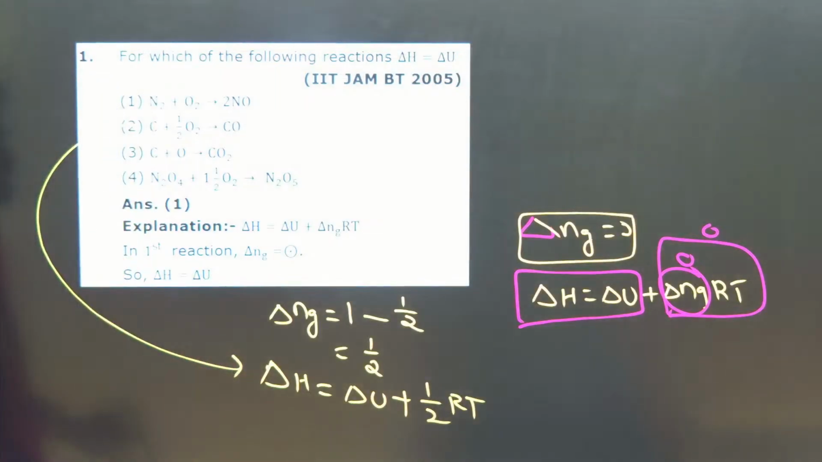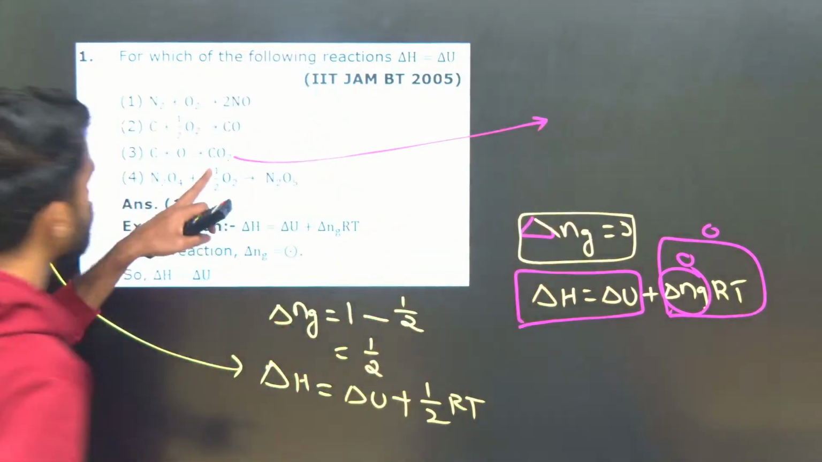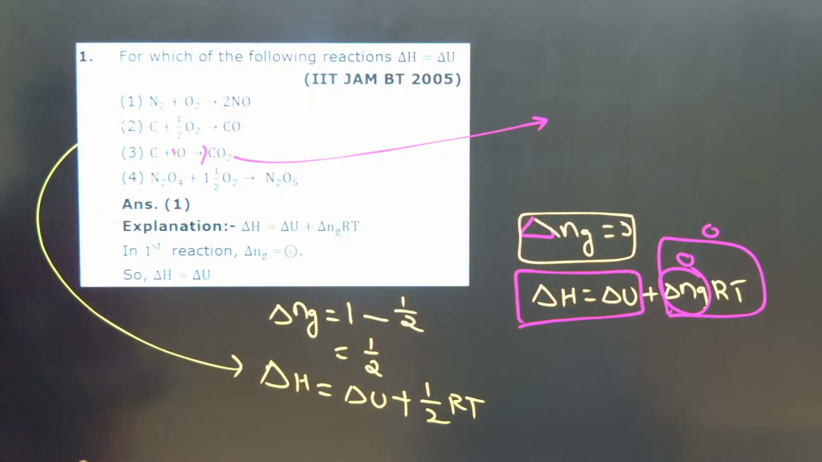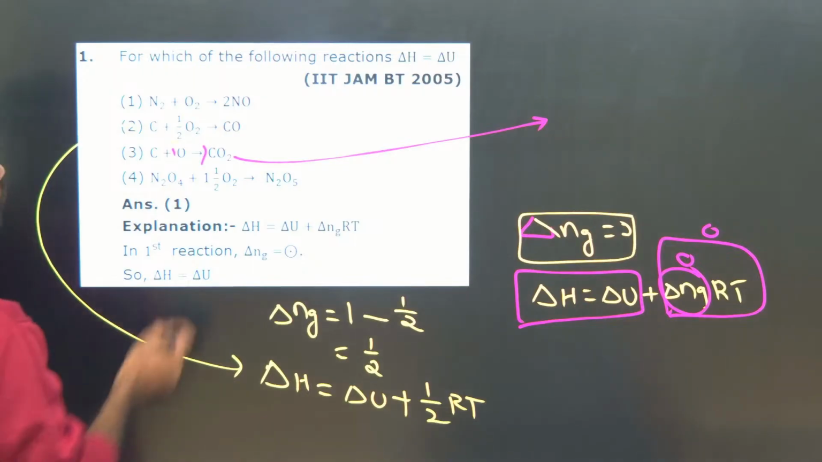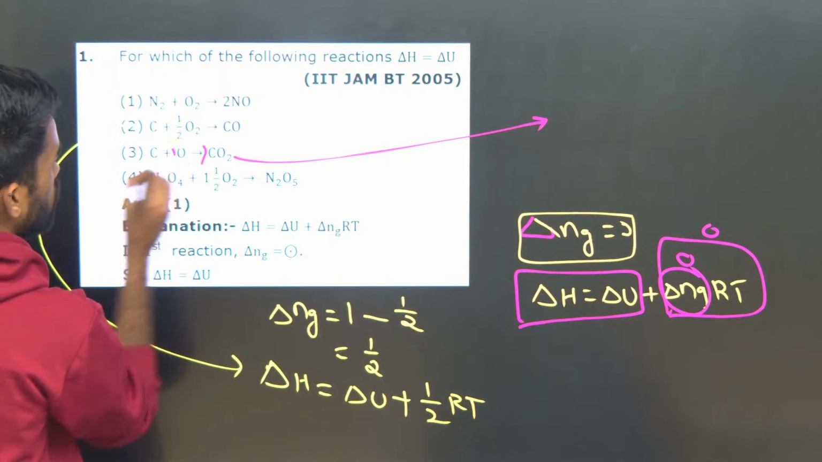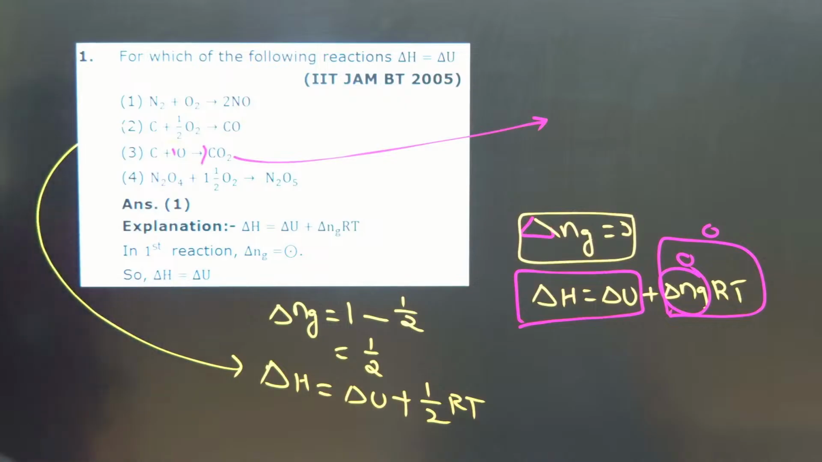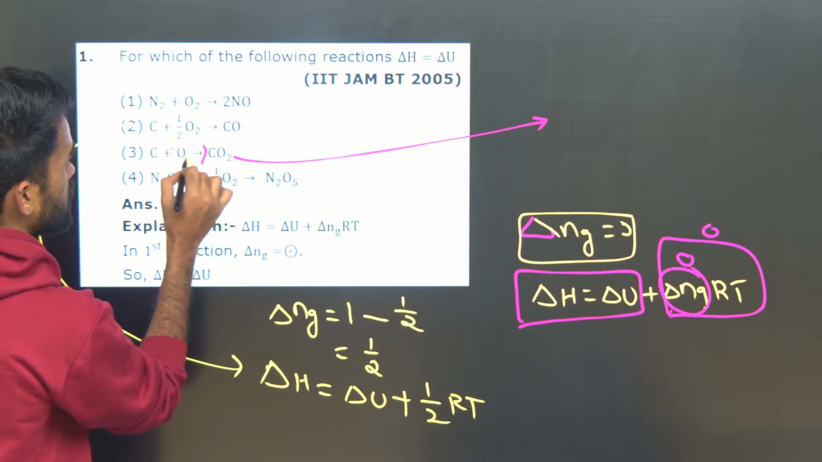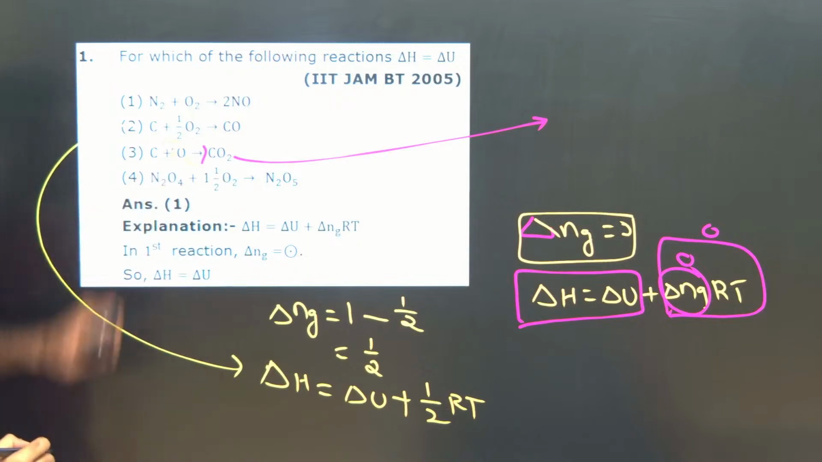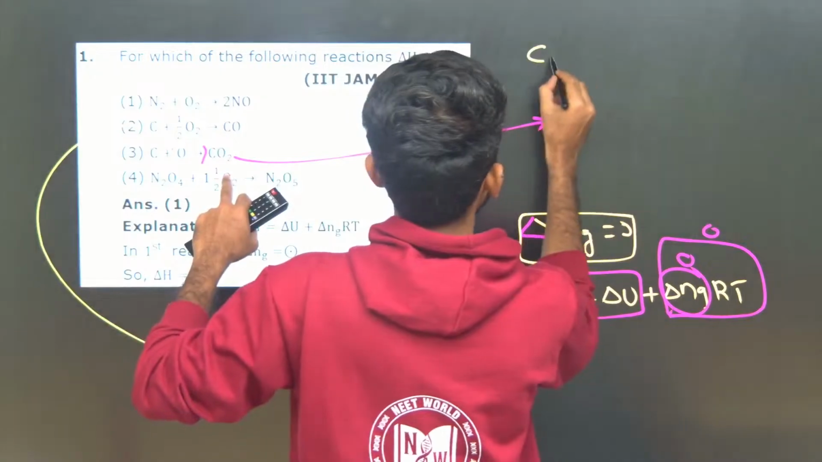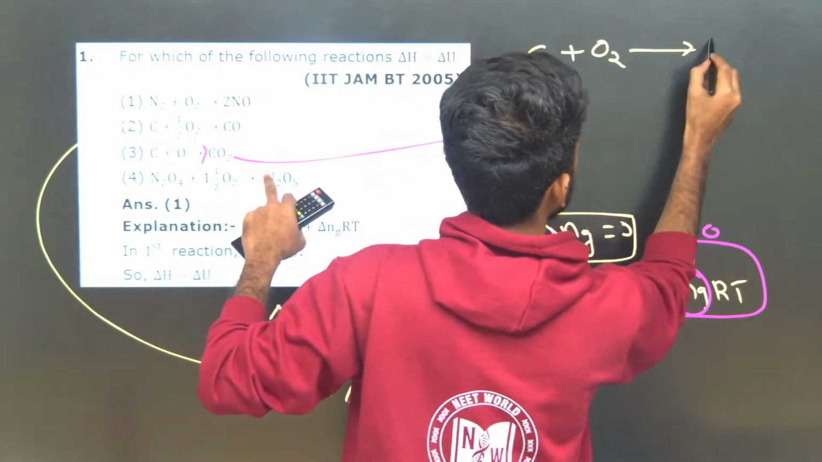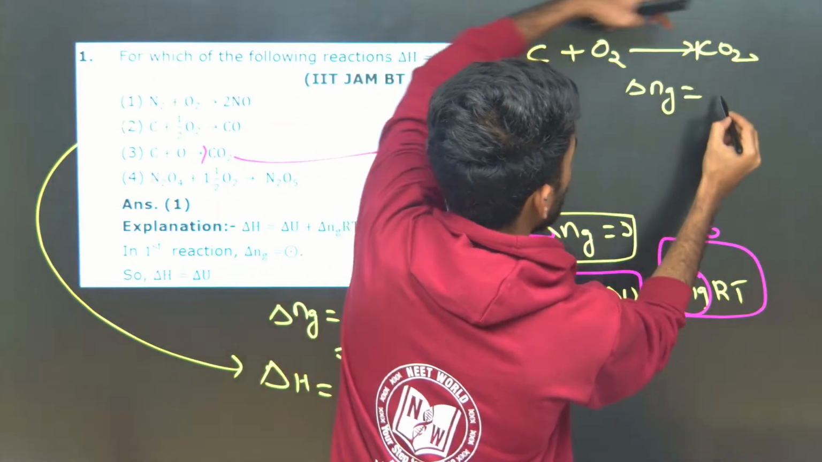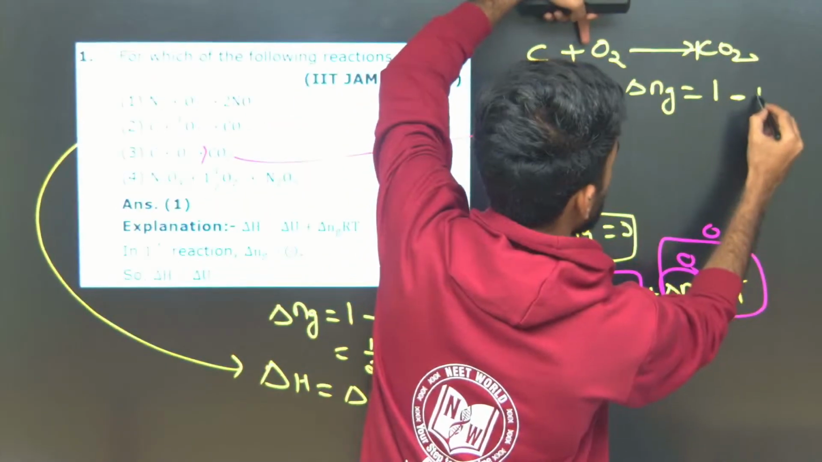In the second option case. In the third option case, if you observe, we have one gaseous product and one gaseous reactant. And see, is this balanced? No. So you just take this as O2 like this, then it will be equal. Okay, so C plus O2 gives rise to CO2, it is given. So we have one CO2. If you find delta Ng, then it will be one gaseous product and one gaseous reactant,